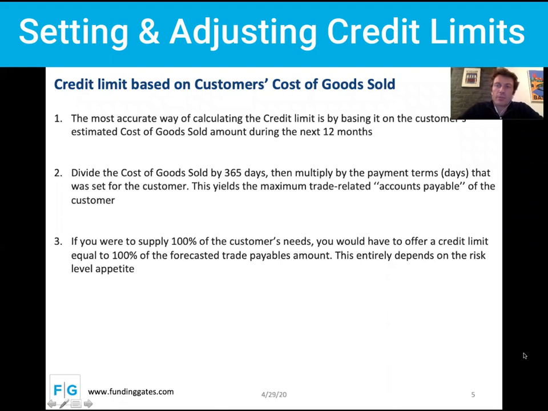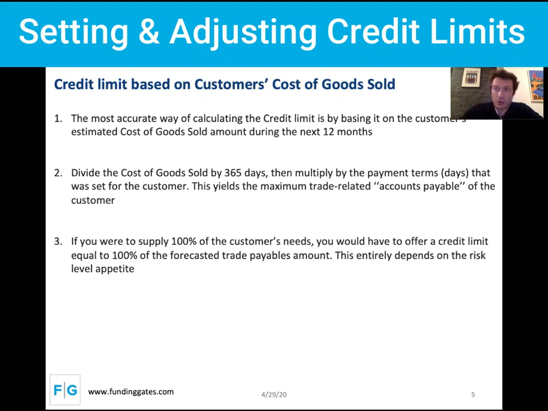There are a number of different ways that you can calculate the credit limit for customers, or at least figure out a band for the credit limit. One of the ways is basing it off of your customer's cost of goods sold. The cost of goods sold from your customers is, as a proxy, the total amount they're purchasing from suppliers and vendors. If you can figure out what your customer's cost of goods sold is, either on the phone call or if you have access to their income statement and financial statements,